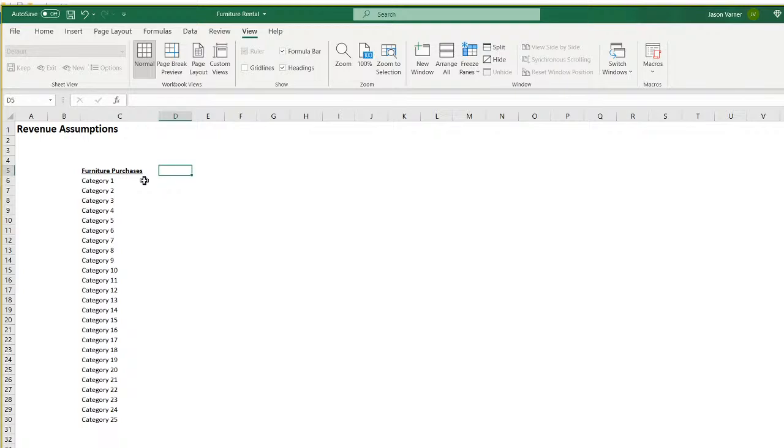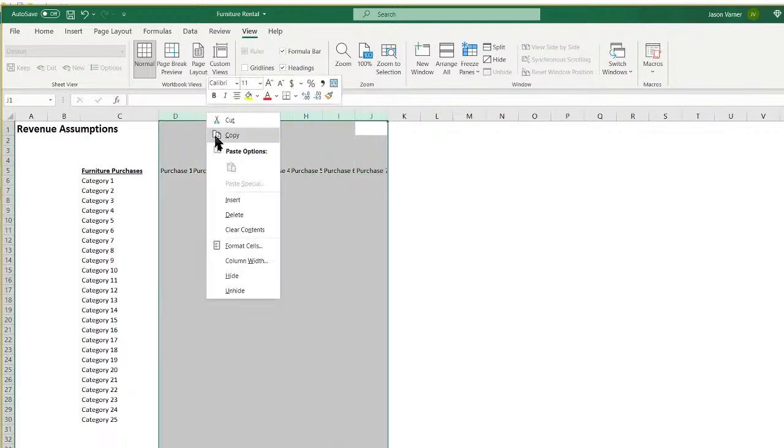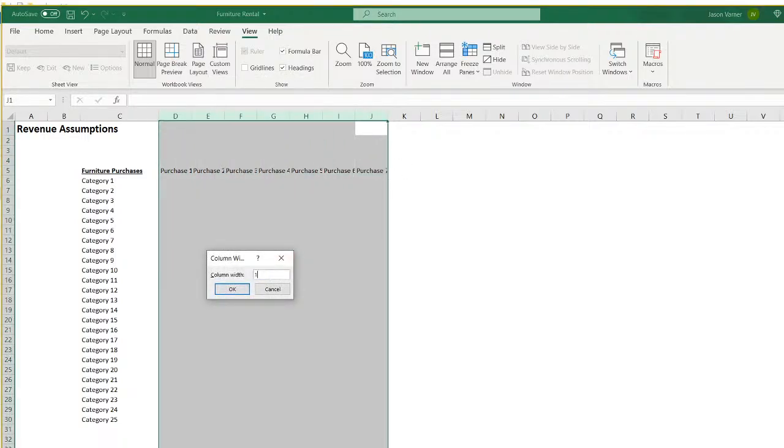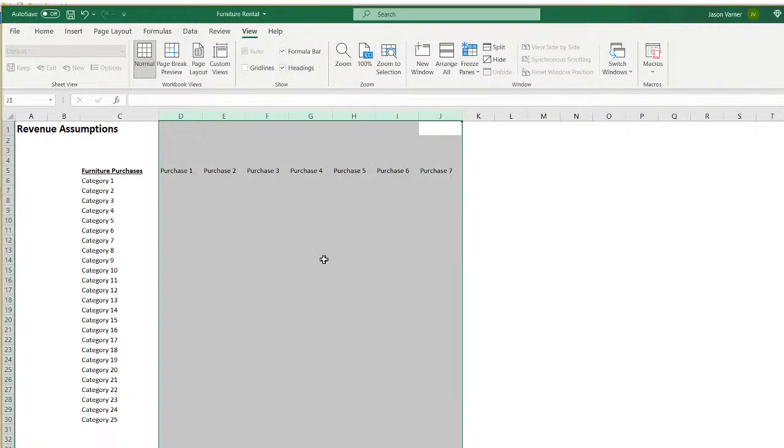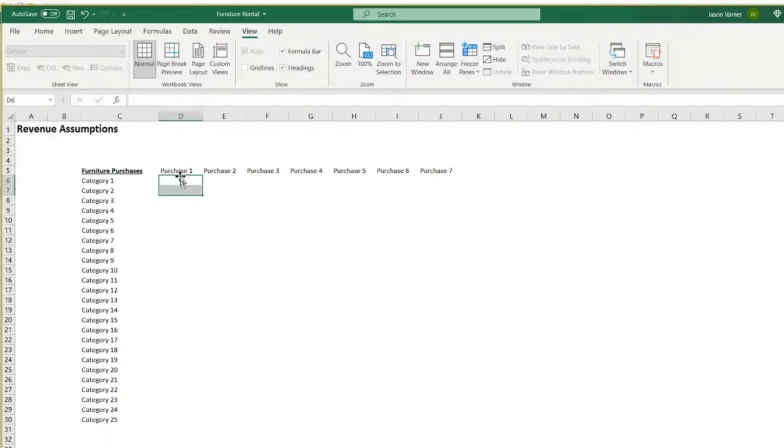If we did purchase 1, let's say you could do 7 purchases over the course of the model if needed, and each one you define the date, unit price, total units purchased